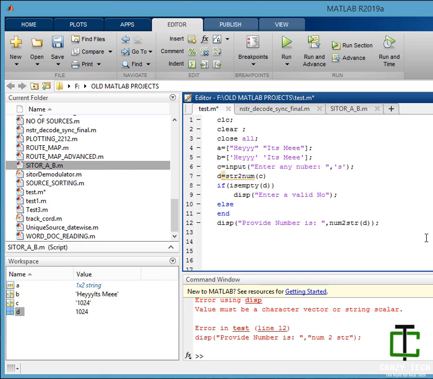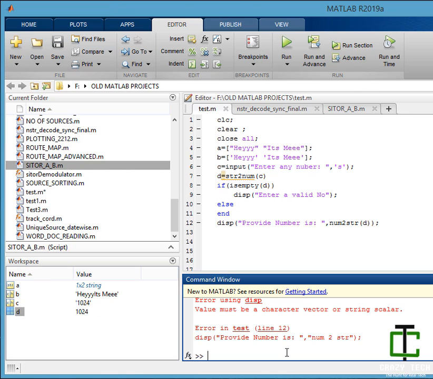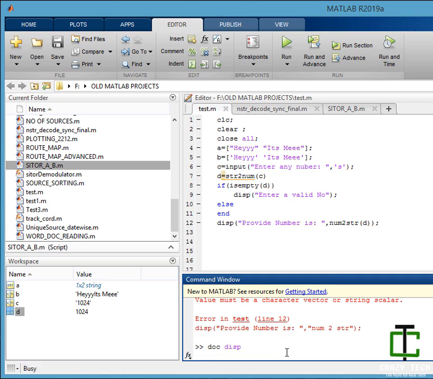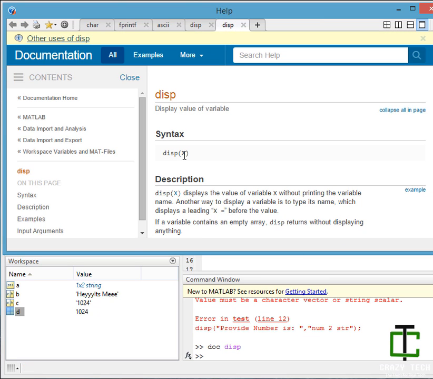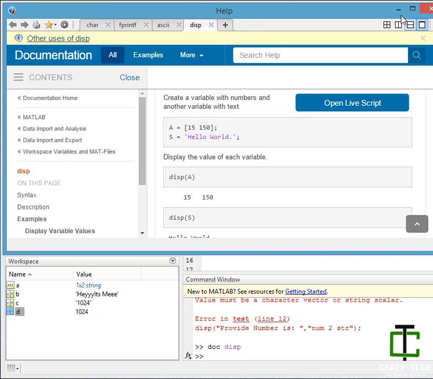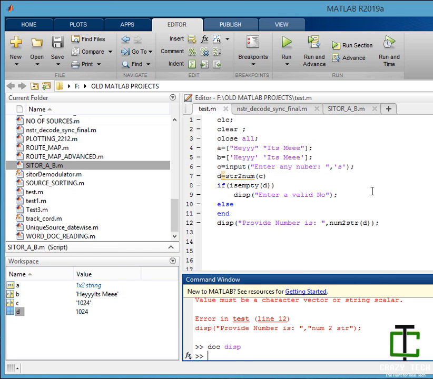I guess display only takes one argument, not multiple arguments. Let's check it. Document display, yes, it's taking only one argument, but I can give it multiple arguments indirectly.